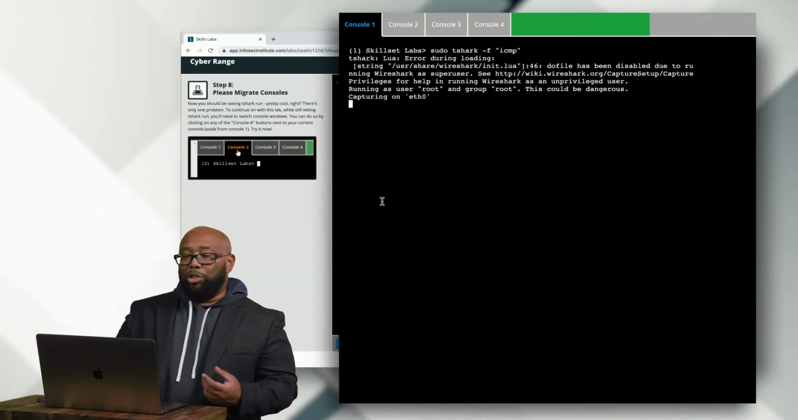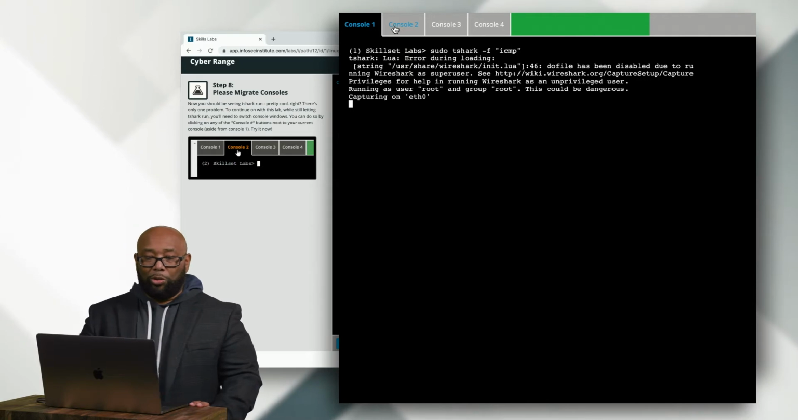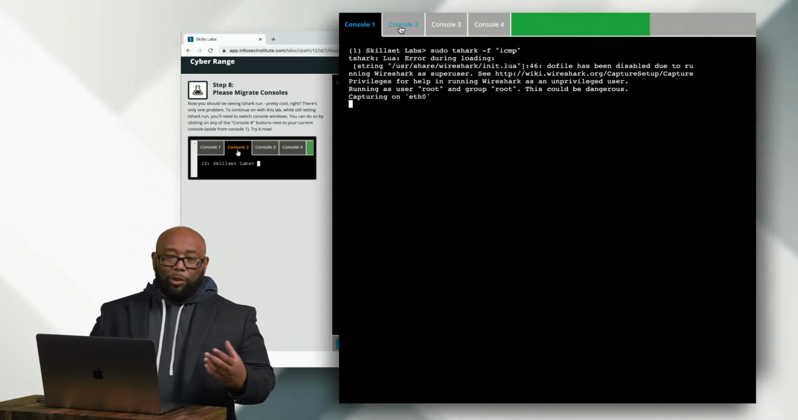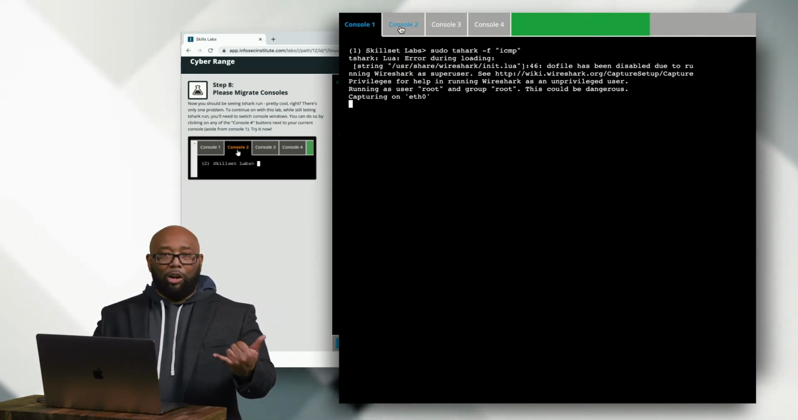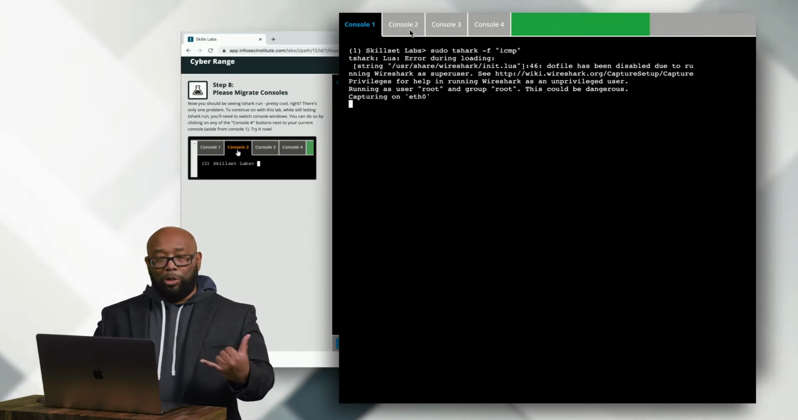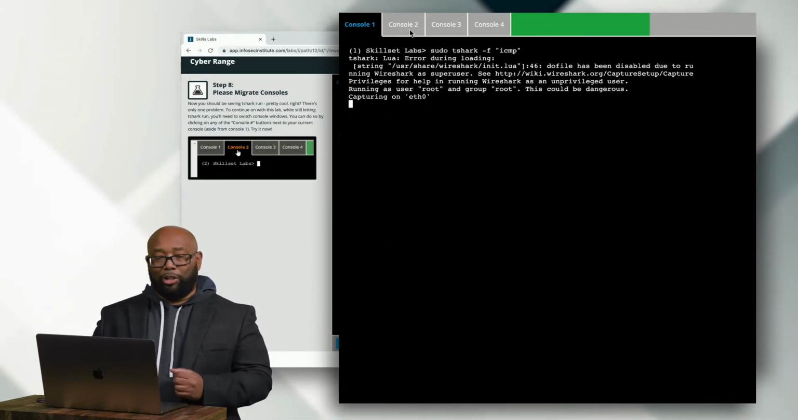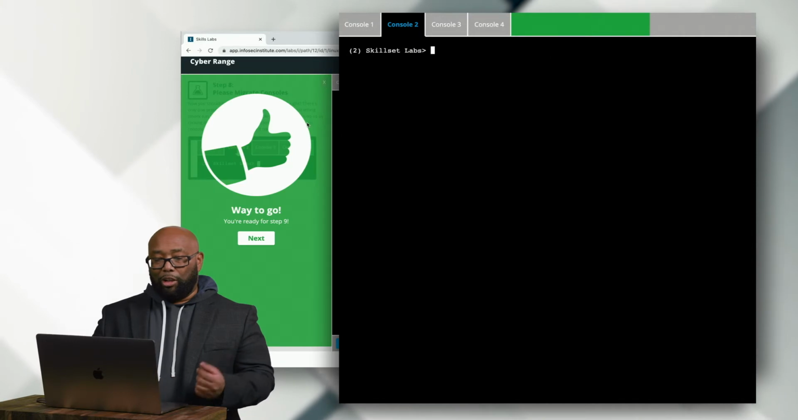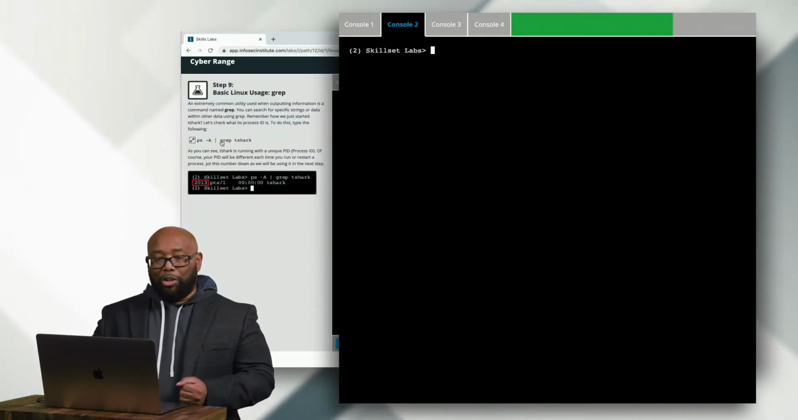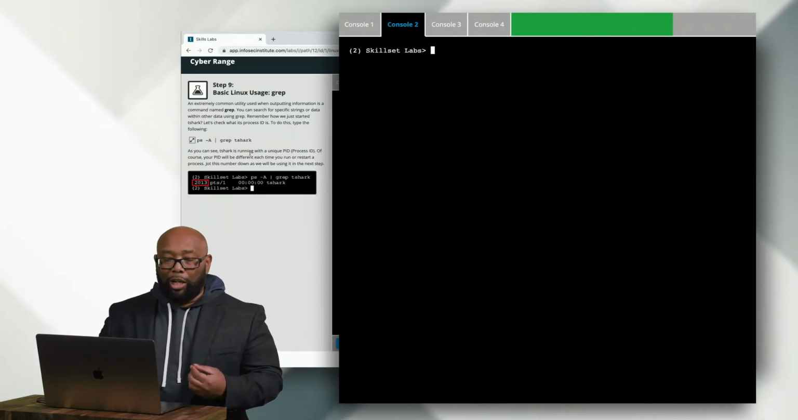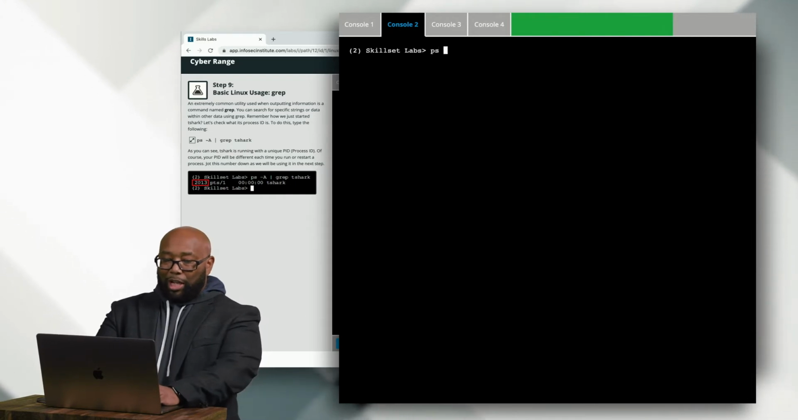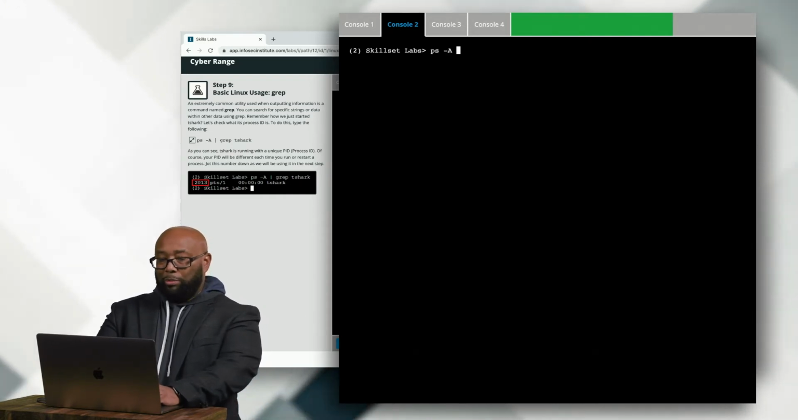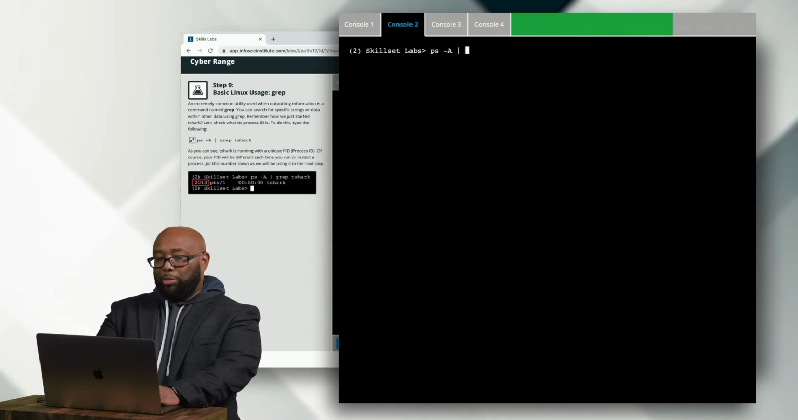Now what it has you do next is migrate to another console just by clicking console. If you are on a real Linux terminal, we do the Alt F keys. So if we wanted to open a new terminal, we do Alt F2 and it opens a second terminal. But in this case, we're just going to click over to that new terminal, and it tells you to look at the running processes. And how many of you remember from the Windows command line course, I introduced you to something